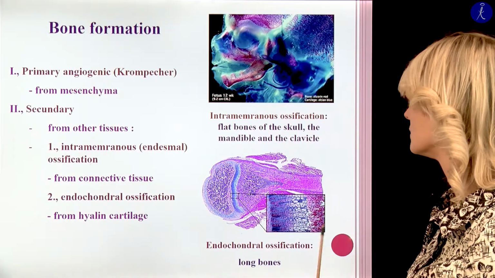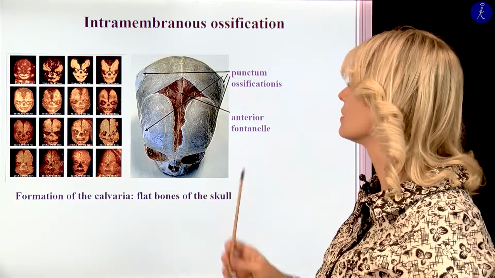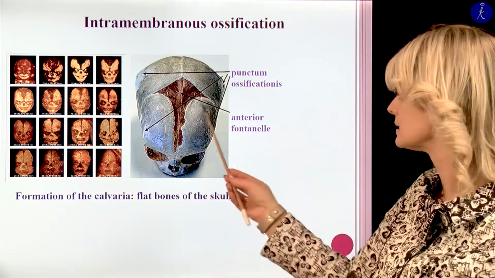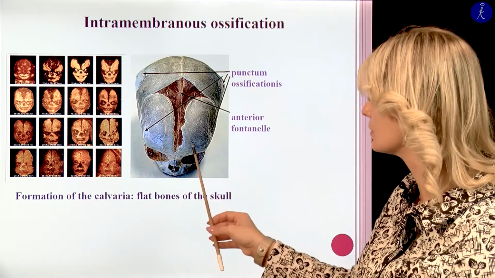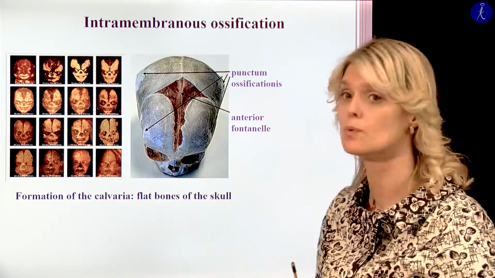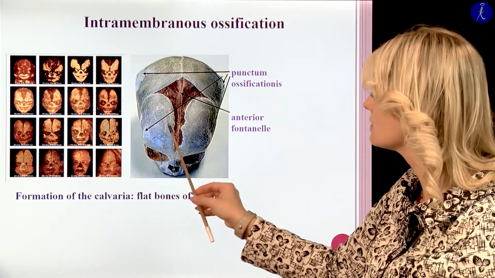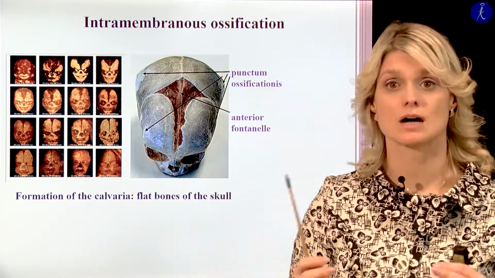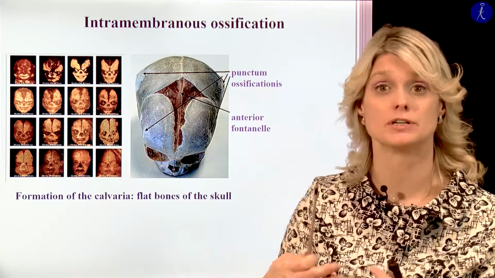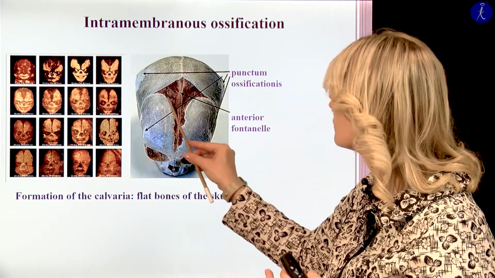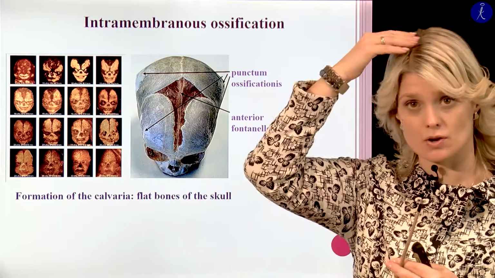Here you can see the histological picture of this ossification. The intramembranous or desmal ossification, I told you, we can find in the bones of the skull. This is a very good picture of the skull of a newborn, where you can see the ossification centers, where the ossification started, and you see that the bones of the skull are not yet ossified. Only 1.5 years later, because here will remain this connective tissue structure, which is called the fontanelle, here on the top